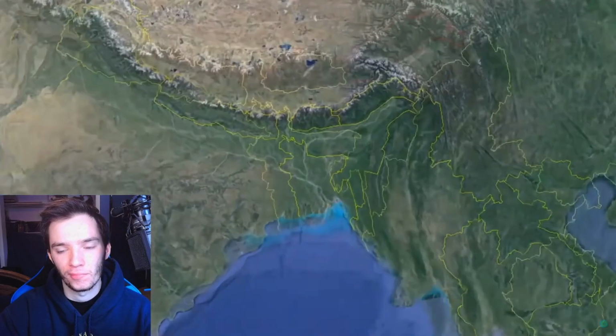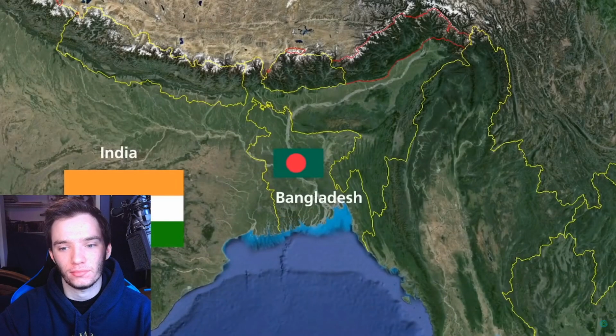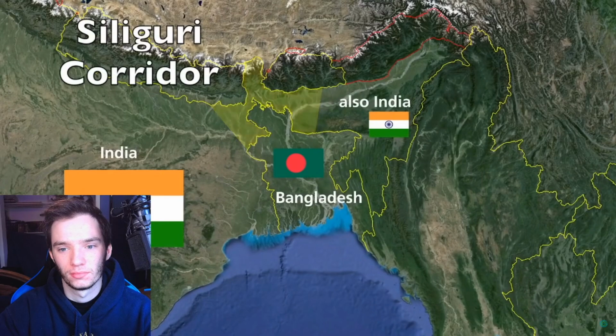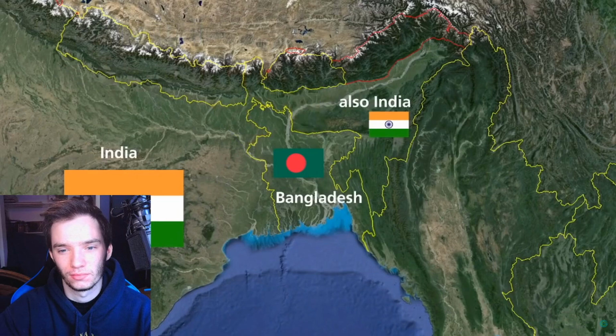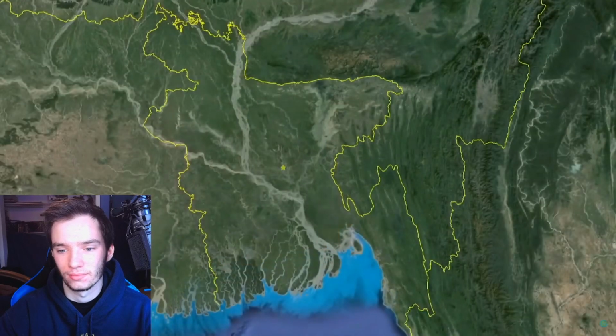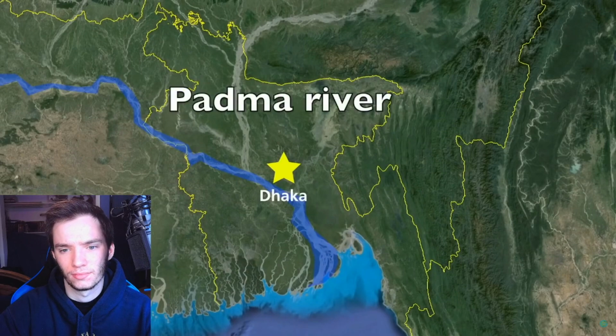Now, this is going to be really fun because Bangladesh has some of the most confusing territories on the planet. First of all, the country is located in Asia, east of India, and almost completely surrounded by India, including that narrow little Siliguri corridor, or the chicken's neck of India, a small but reasonably sized border with Myanmar in the southeast, and the Bay of Bengal located to the south. The capital and largest city is Dhaka, located in the lower central region right above the Padma River and the